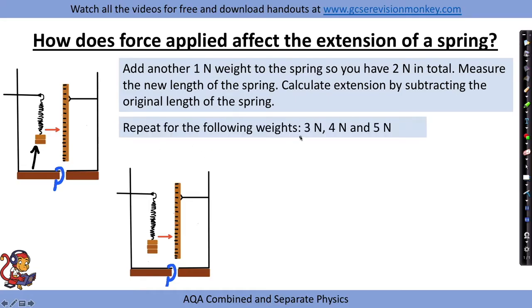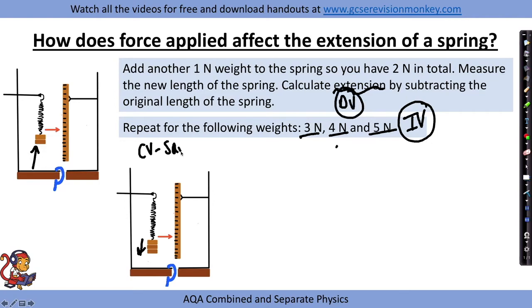So we keep adding weights to the bottom and we'd use 3 newtons, 4 newtons and 5 newtons, for example, on the bottom of our spring. So each time we are changing the force, and this is going to be our independent variable, and we are calculating the extension, which is our dependent variable. And for our control variable, we need to make sure we're using the same spring each time because it must